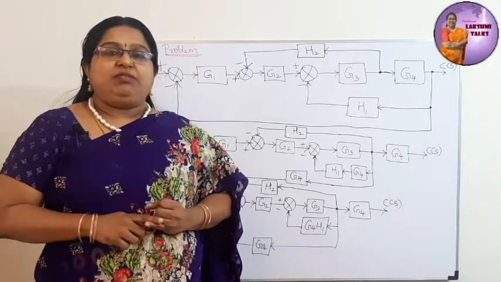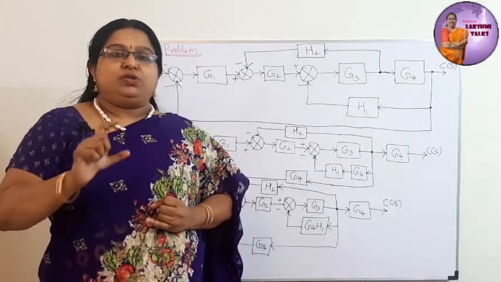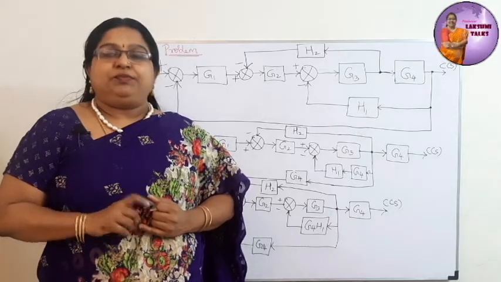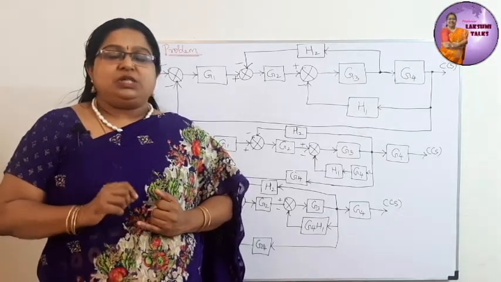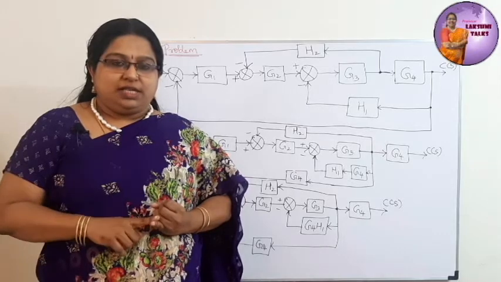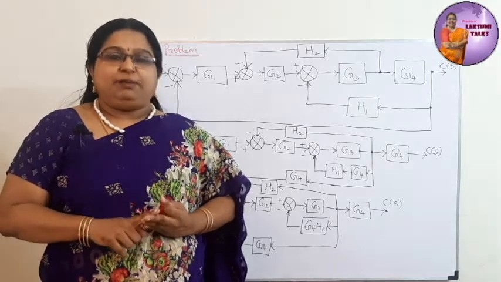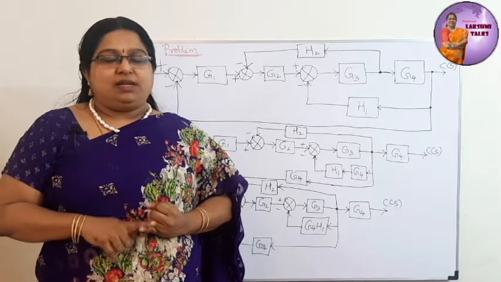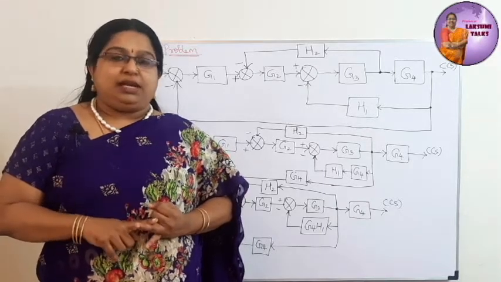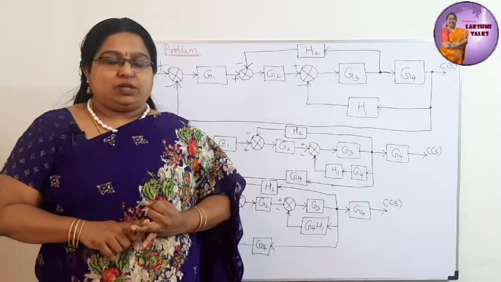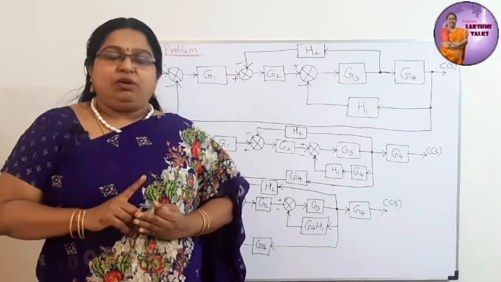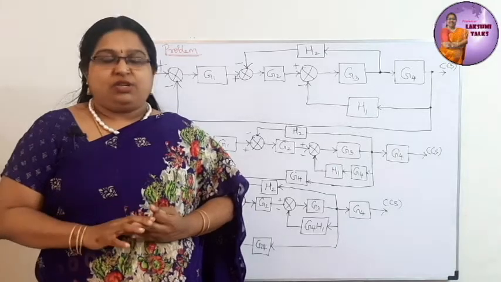Whenever you are given a block diagram for reducing it into a single block, that is, to find out the transfer function, what you must do is first find blocks in series, parallel, or a simple feedback path. If there are two blocks in series, you can easily multiply. If there are blocks in parallel, you can algebraically add the blocks. If you have a simple feedback path, you know it is G by 1 minus or plus GH, right?